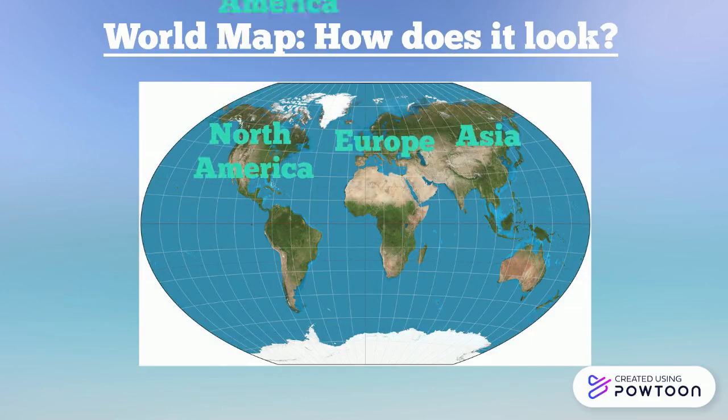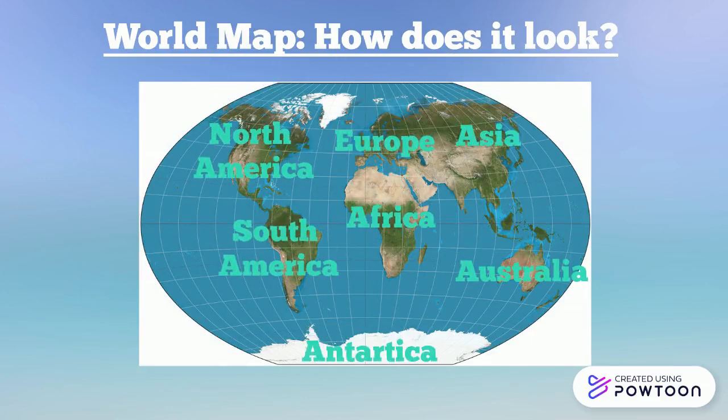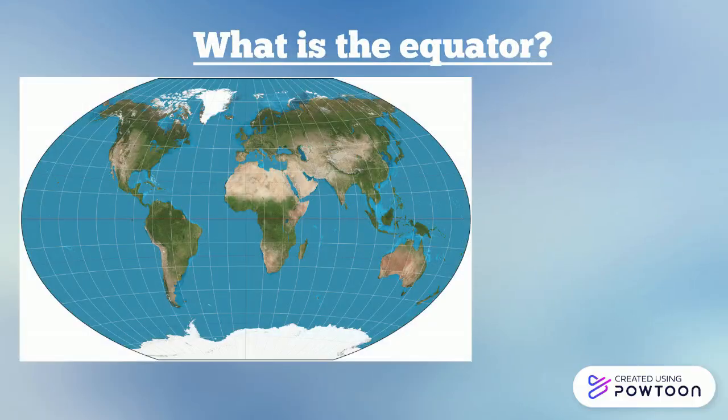Do you remember what the continents of the world are? Here's a picture to help jog your memory. The equator. What is the equator? See that red line in the picture? It is an imaginary line that cuts horizontally in the middle of the Earth to make northern and southern parts